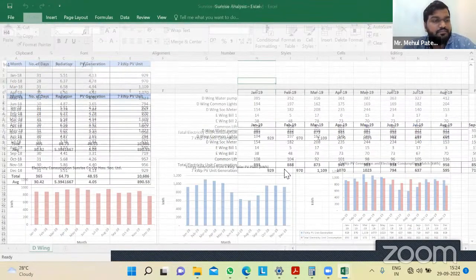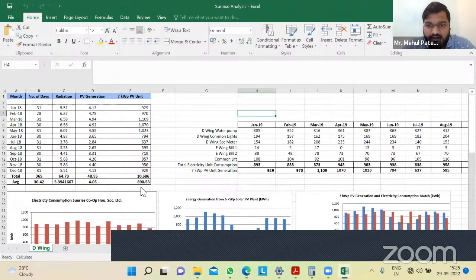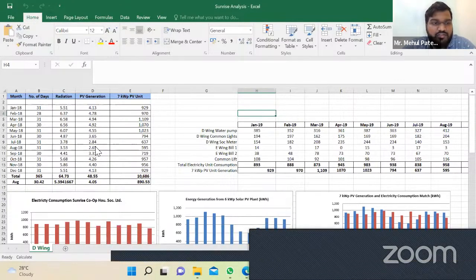This is the Excel that I use to estimate the total consumption or the total solar power capacity estimation. So I will first show what exactly this is. The first thing in this Excel is,